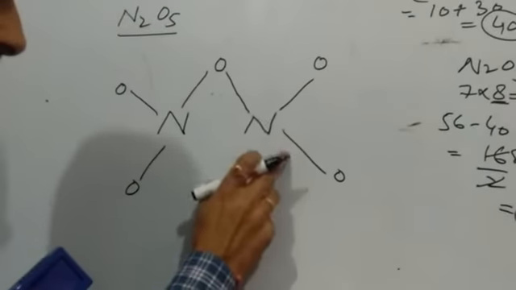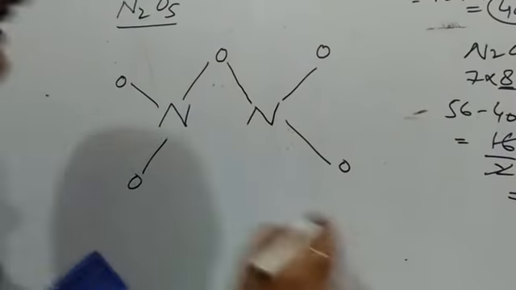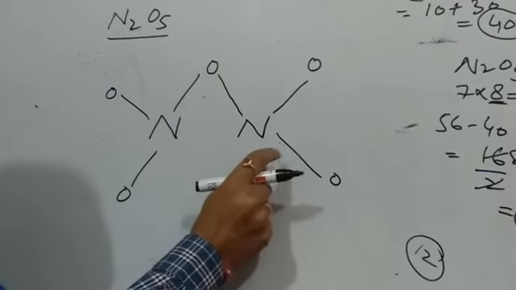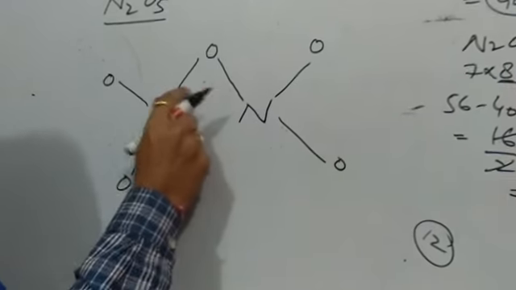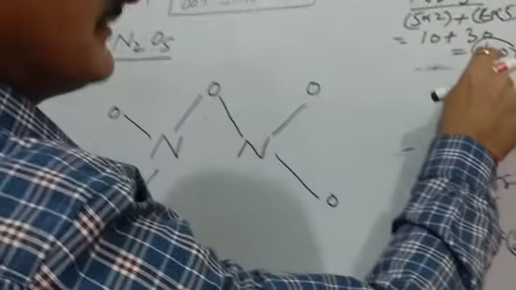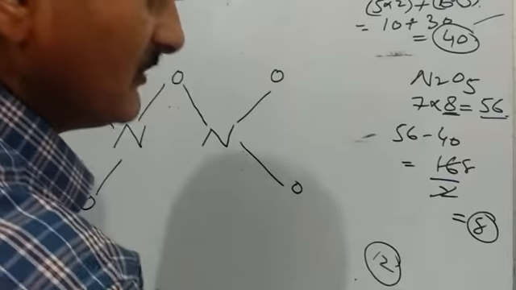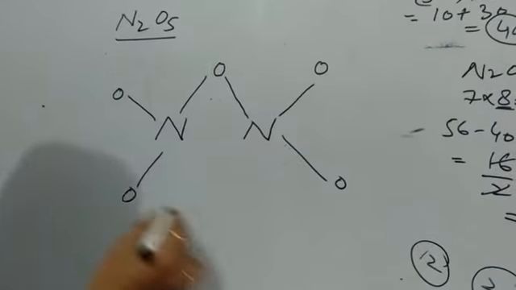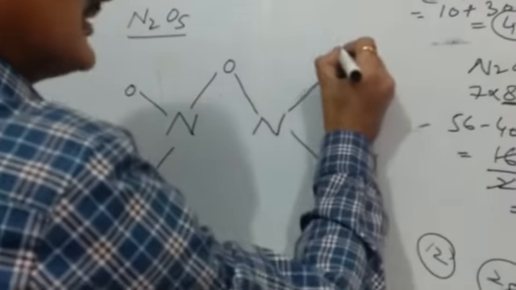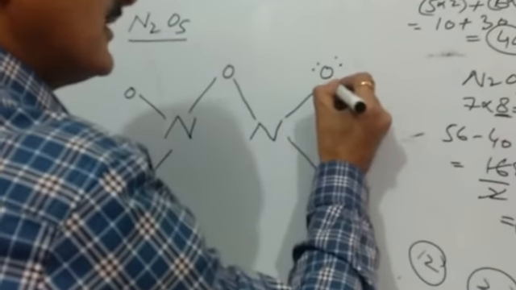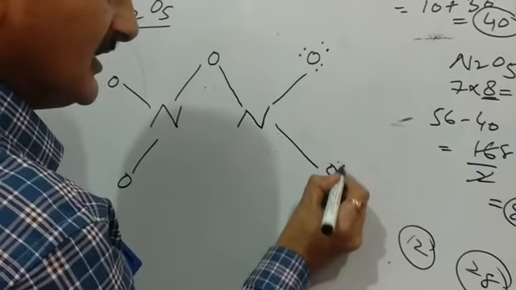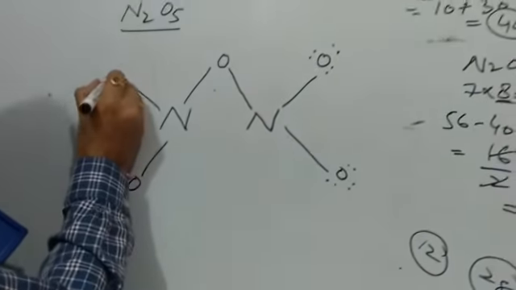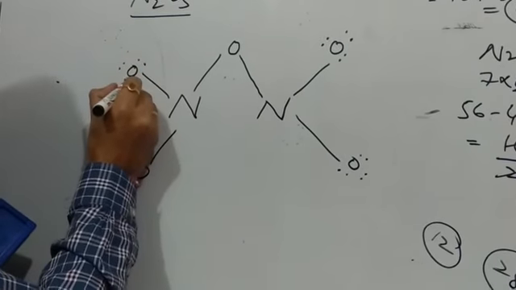Please remember, we have 40 electrons at our disposal. How many bonds are there? 1, 2, 3, 4, 5, 6. 6 twos are 12. 12 electrons have already been consumed in these bonds. So when we subtract 12 from 40, we will have 28. So we have 28 electrons left to make these other atoms stable. Starting from here, 1, 2, 3, 4, 5, 6, 7, 8, 9, 10, 11, 12, 13, 14, 15, 16, 17, 18.